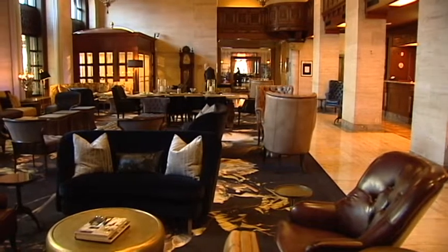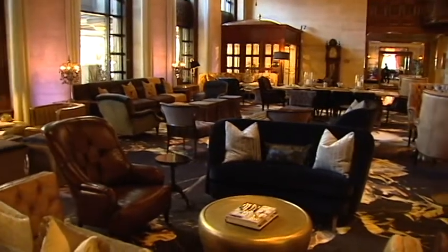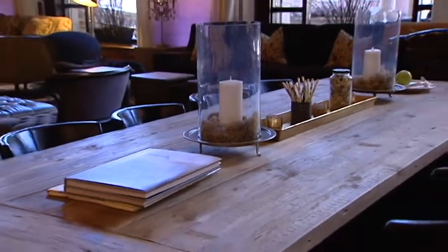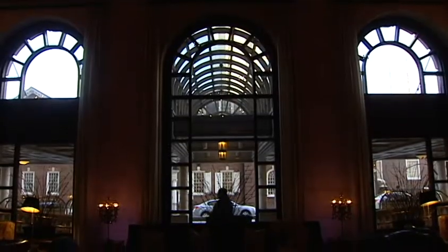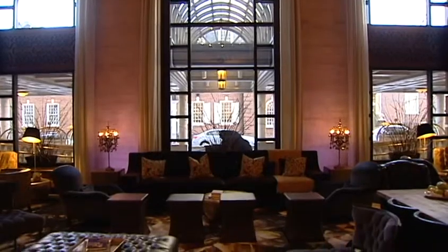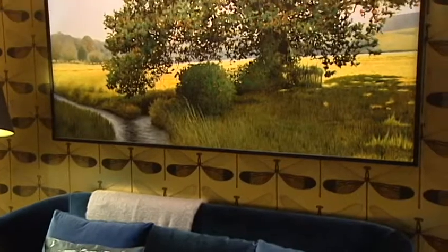The most obvious changes can be seen here in the lobby. We've created casual seating groups, places to collaborate, hopefully places people will come after work for a drink, or if you're with your colleagues celebrating after a closing dinner. So it's multi-occasion space. The heavy drapery that used to cover these floor-to-ceiling windows is now gone, letting a lot more light in. So now you can also appreciate some of the really great architectural aspects of the lobby, which were hidden before. So we think that's a great example of how we can make this more of an extroverted,